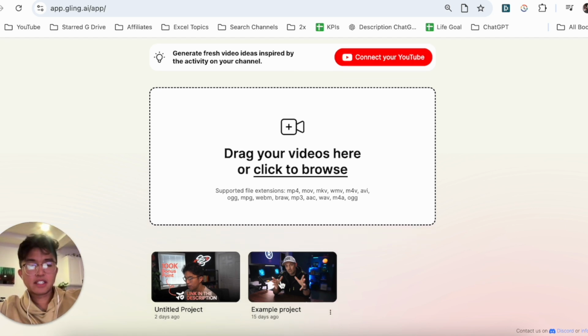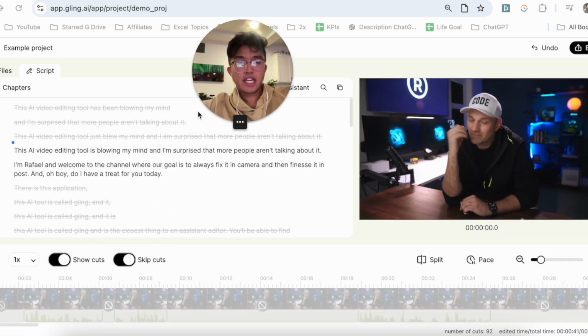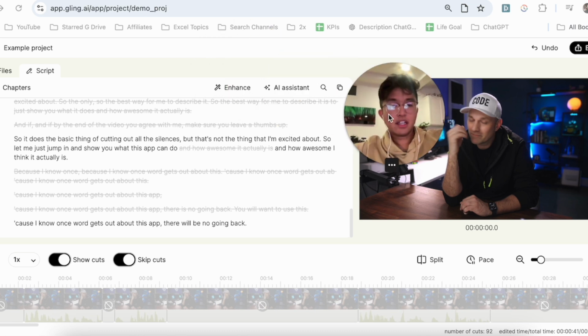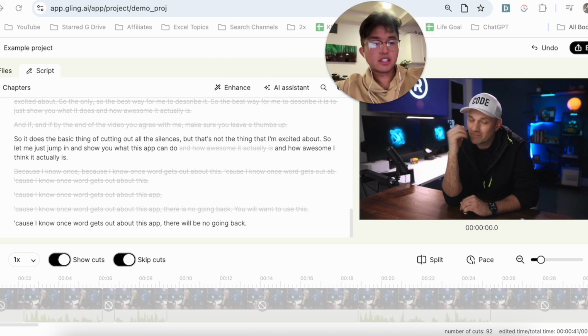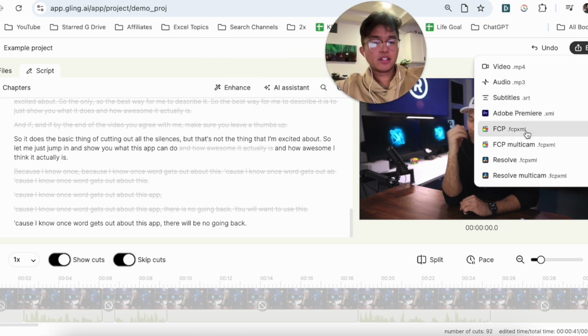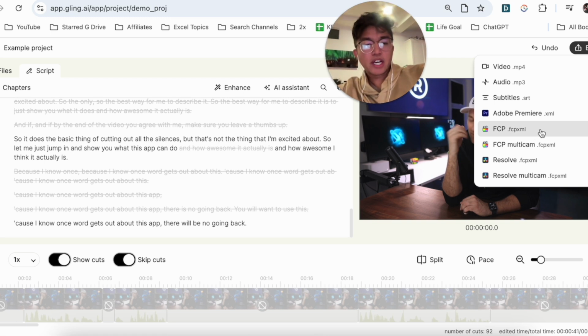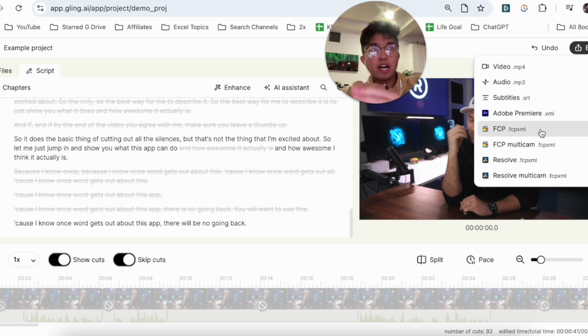Now we're going to go ahead and access this example project here. And once you're actually done editing your video on this left-hand side, the next thing that you're going to do is click on this export button here and then click on export to FCP. So once you do this, you're actually going to go ahead and get a .fcp XML file, which once you actually open that up,